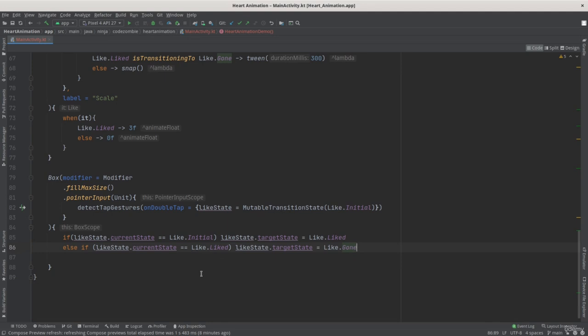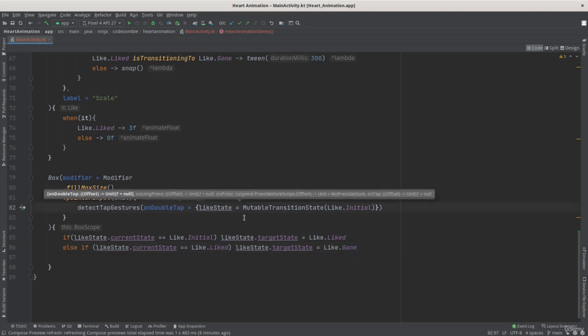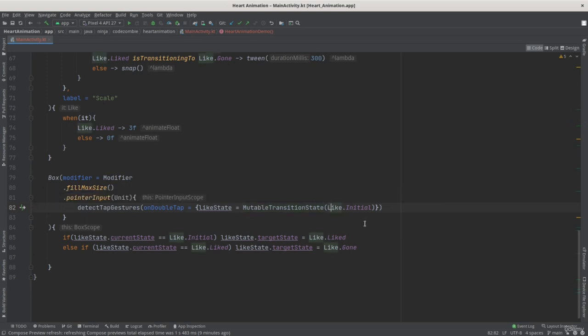We just want to initiate its animation when the user double taps the screen, and that happens with on double tap that we specified here. And for that, you can see that we specified the initial state as initial, and then it knows where to go from the initial state of like that initial. It will go to liked. Okay,